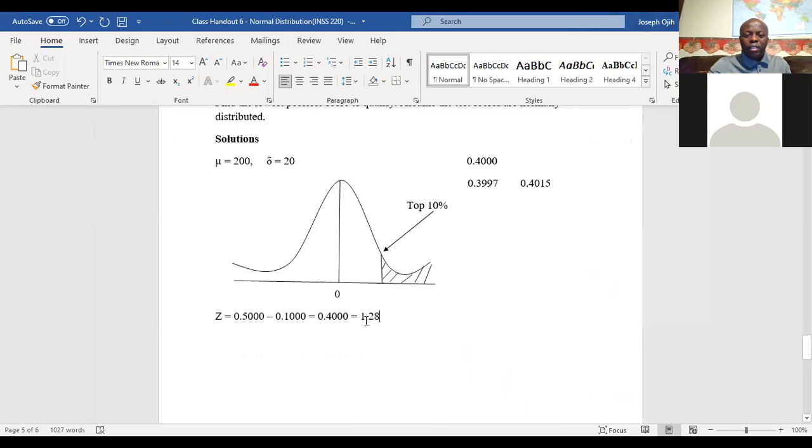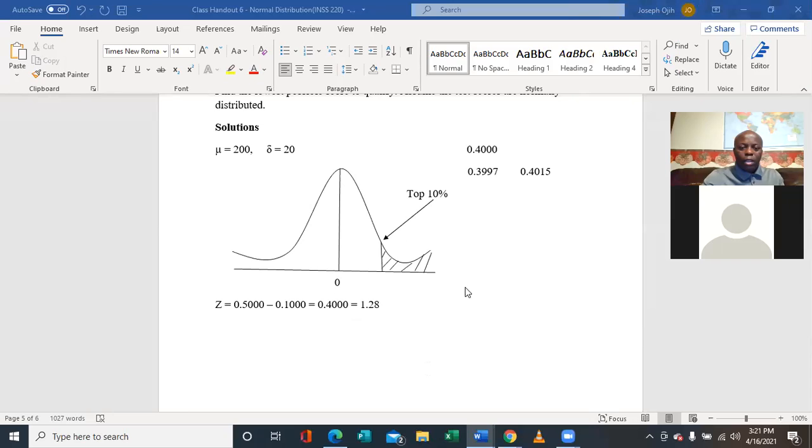Now we have the Z as 1.28. So we're going to plug them into the formula and get our answer. Our X, the lowest score to qualify, equals